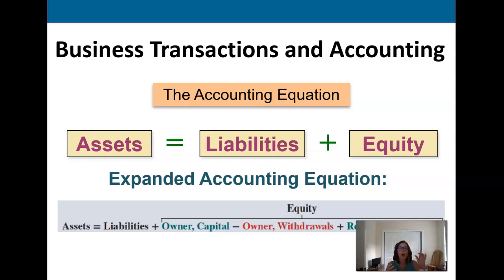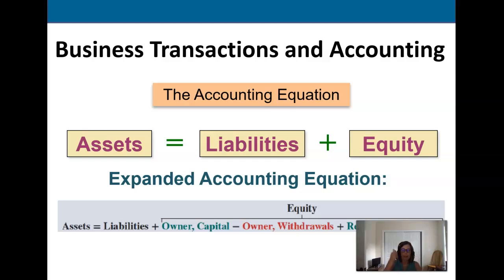If we were to take all of our assets, sell them all, and pay all our debts with them, hopefully we would have money left over. And what we have left over is our equity, and that would be what the owners could then take and move on with. Now, within equity,